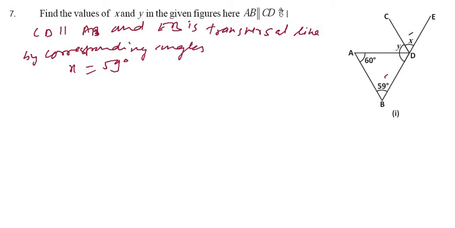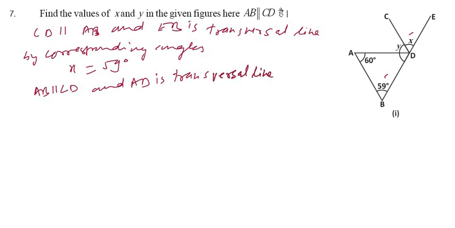Now AD is a transversal line. You can write further: AB is parallel to CD, and AD is a transversal line. So you can say by alternate interior angles,